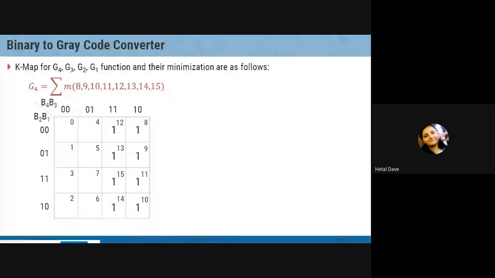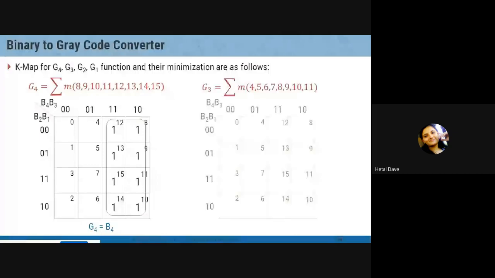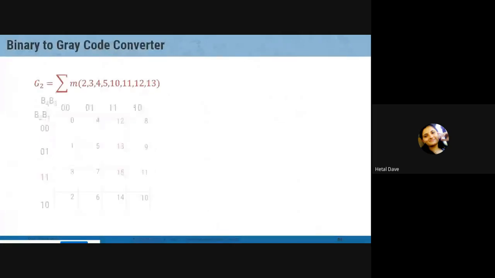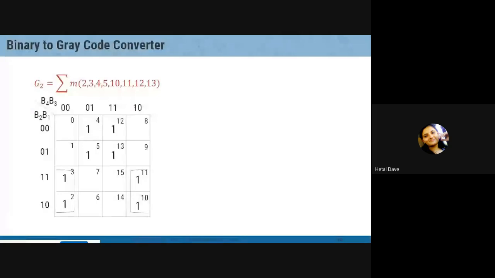Now I hope KMap is known to you, because in the lab this whole converter circuit has been covered. So G4 is equal to B4. For G3, wherever you find 1, you will put 1, make a group. This is one group. Second group, make the equation: B4 XOR B3. G2, find out the 1s, put them there, make an equation. Please be careful here. You need to cover the corner terms. Corner 1, 2, 1 and 2, 1. This is one group. And we can cover these 4 ones in a second group. You should make the equation. You will be having B3 XOR B2.